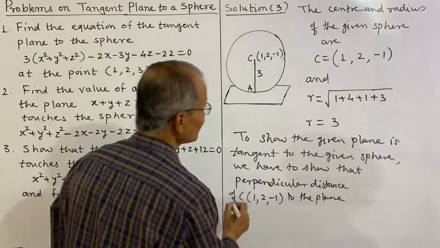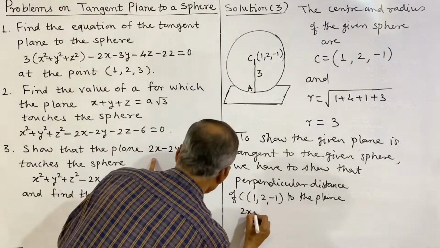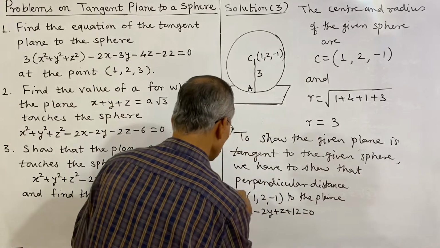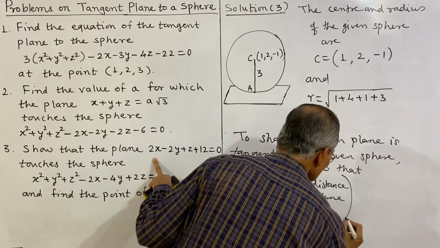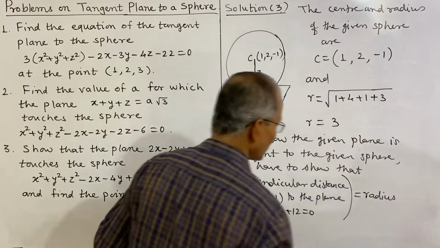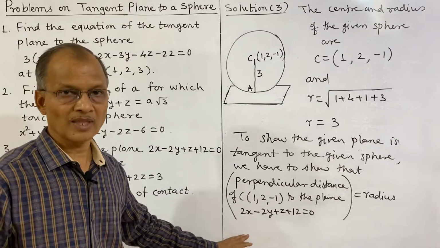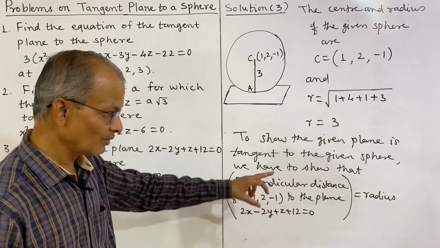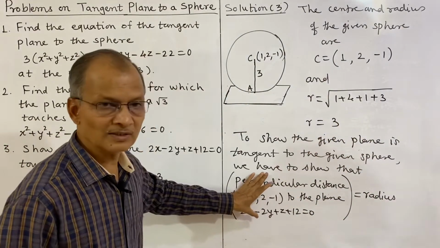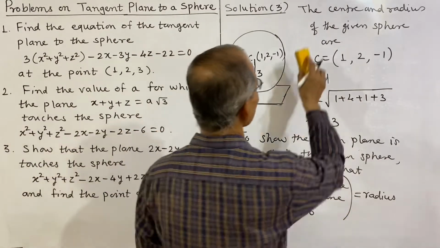What is the plane? Here it is 2x minus 2y plus z plus 12 is equal to 0. So the perpendicular distance from the center to the plane should be equal to the radius. So this we have to show. We know the radius we have obtained, that is 3, and therefore we obtain this distance and show it is equal to the radius. Now the LHS of this equation is